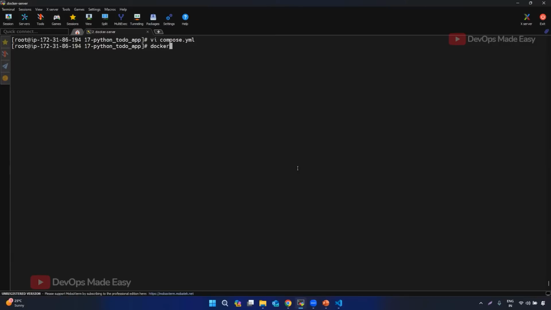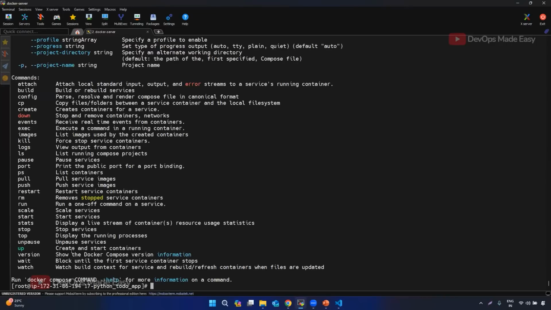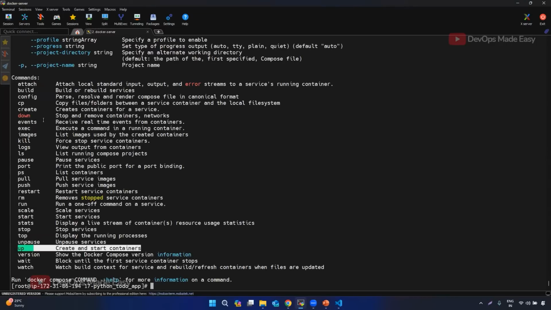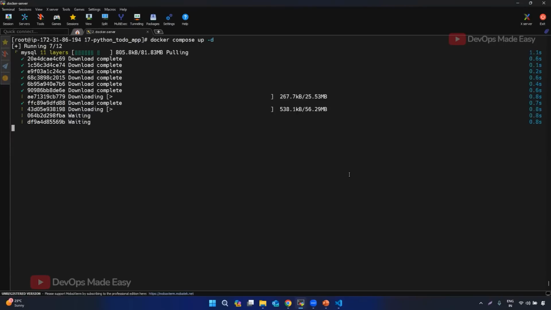And let me just show you what all commands you have for Docker Compose. Okay, Docker Compose has this command called up to create the containers, down to bring down the containers, and also you have something known as build to just build the services. Otherwise, if you simply do docker compose up -d, because the compose file is there in the current location only,